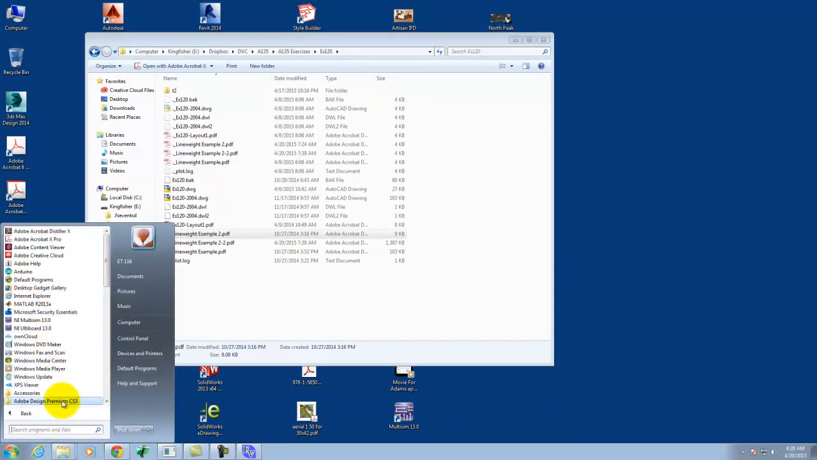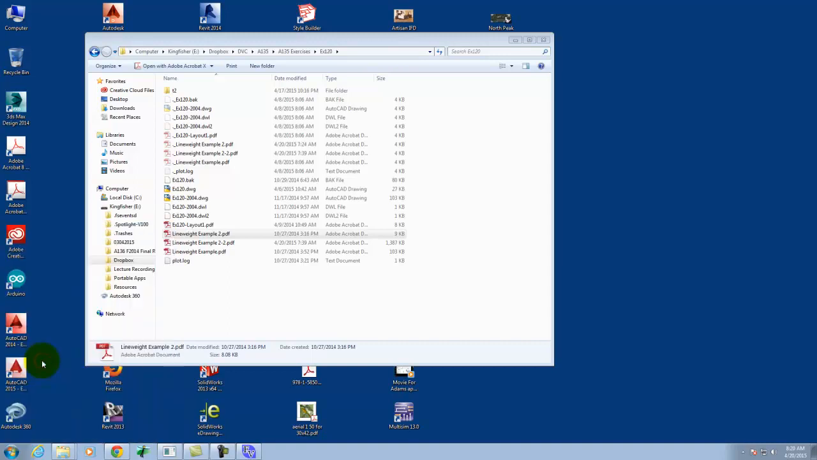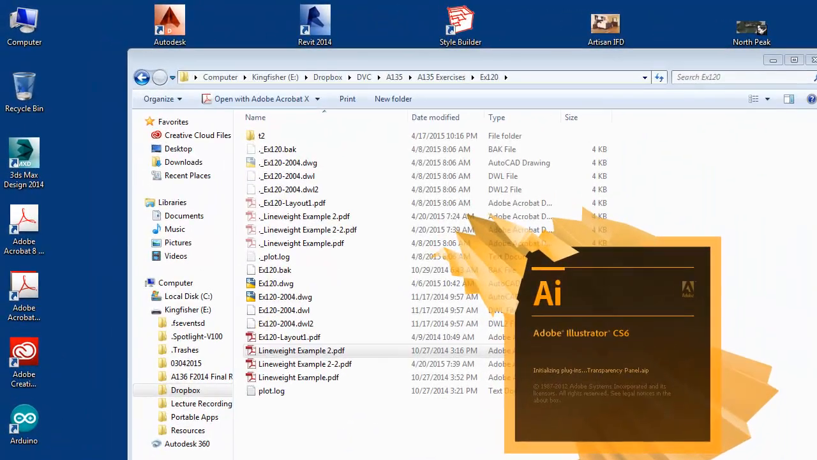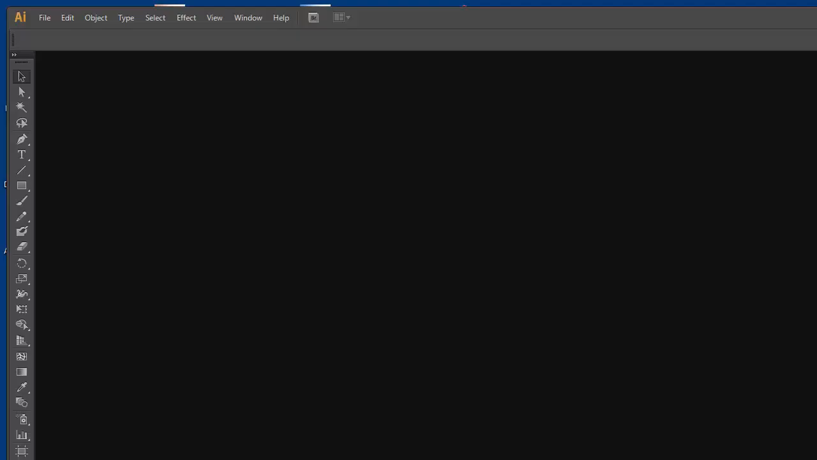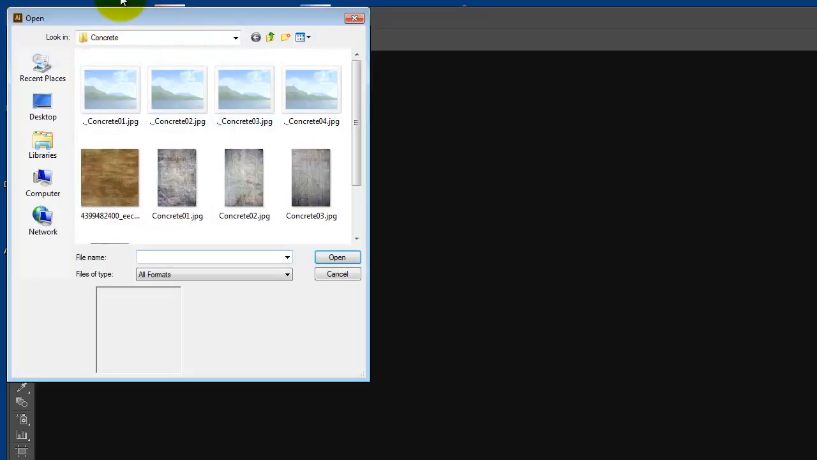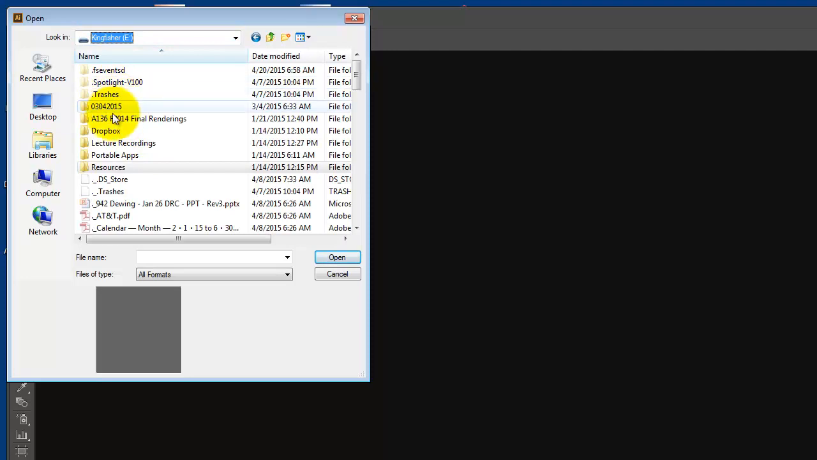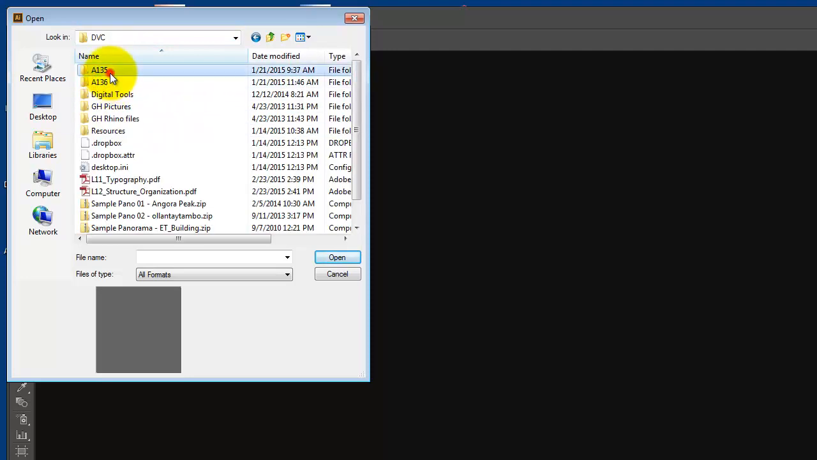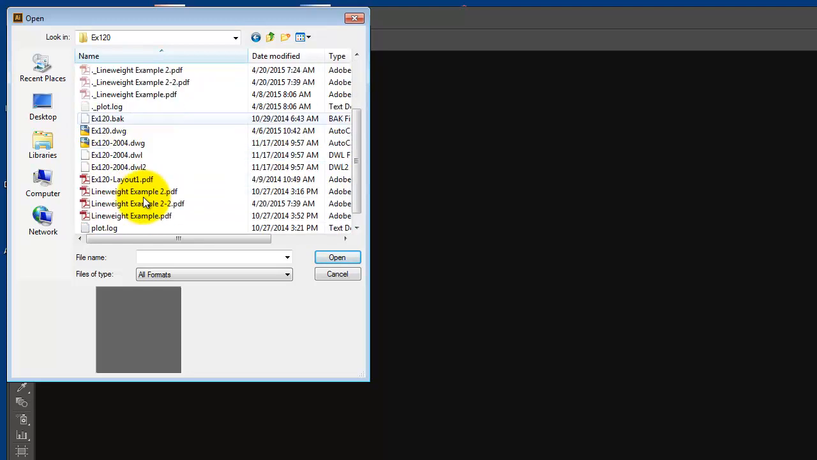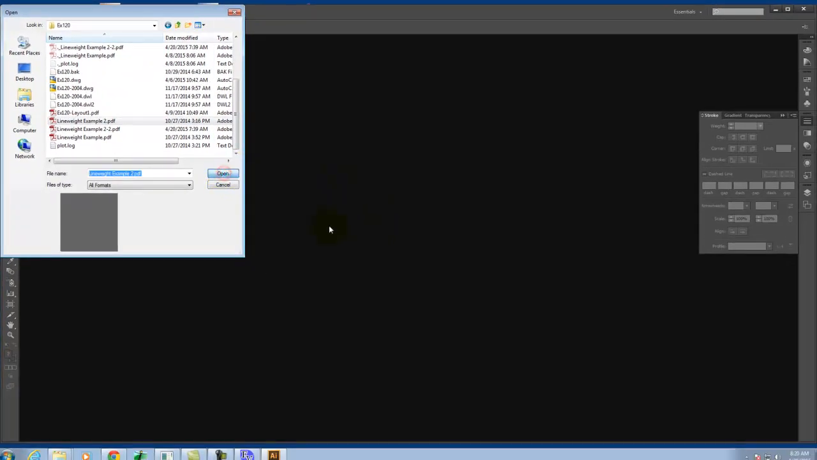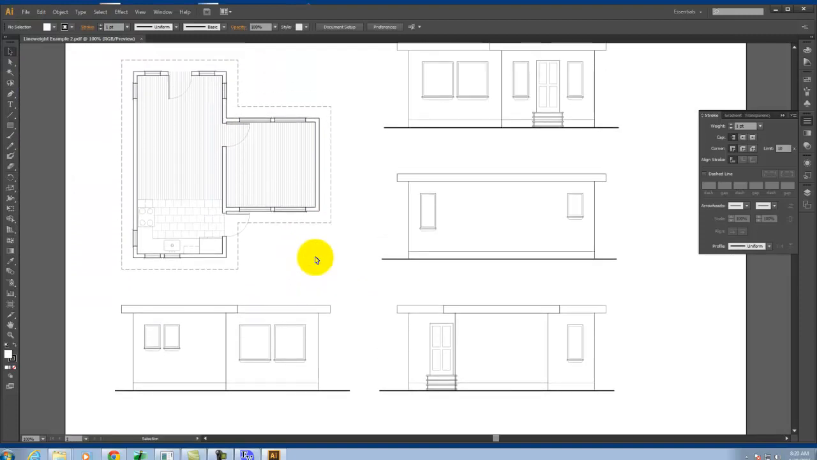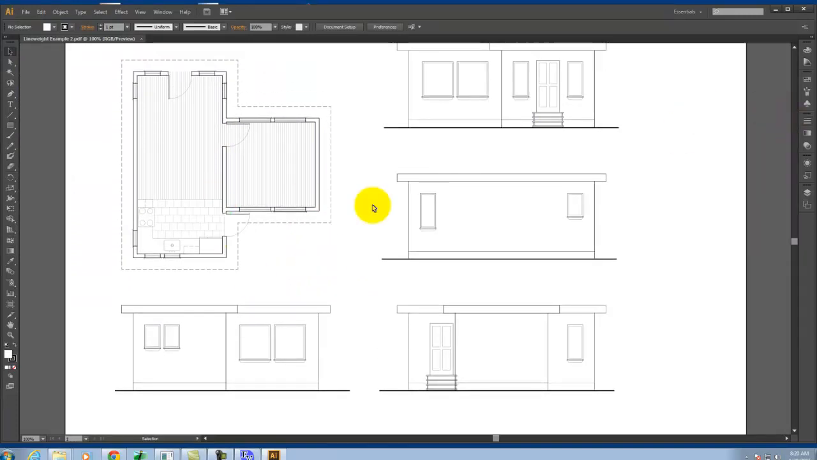I'm going to go to All Programs, Design Standard CS6. I'm going to go ahead and open up Illustrator. And then I'm going to go to File, Open, and open up this file right here. Okay, so like I said, the wonderful thing about the AutoCAD PDFs when you produce them that way